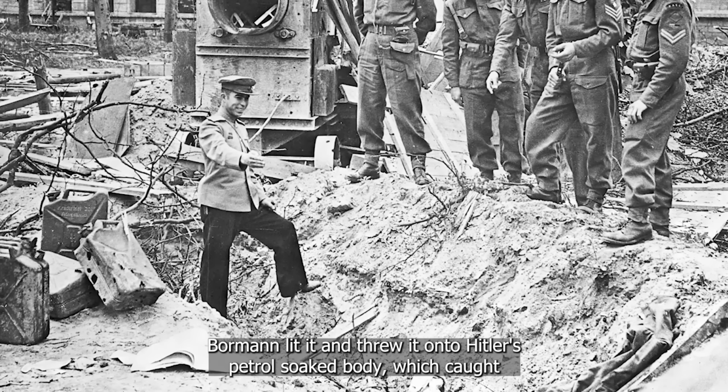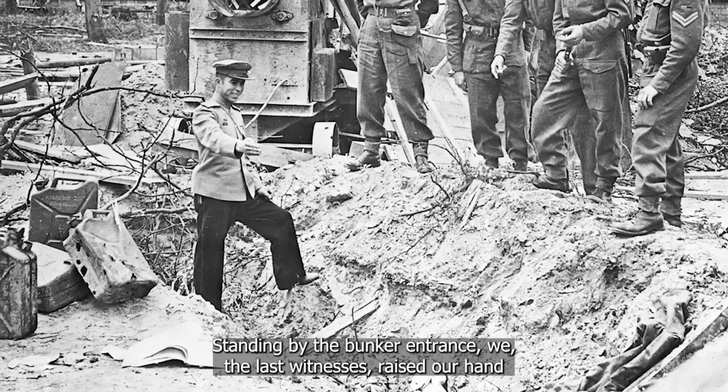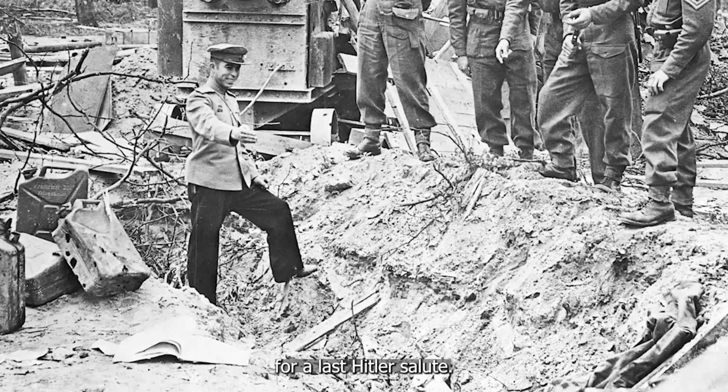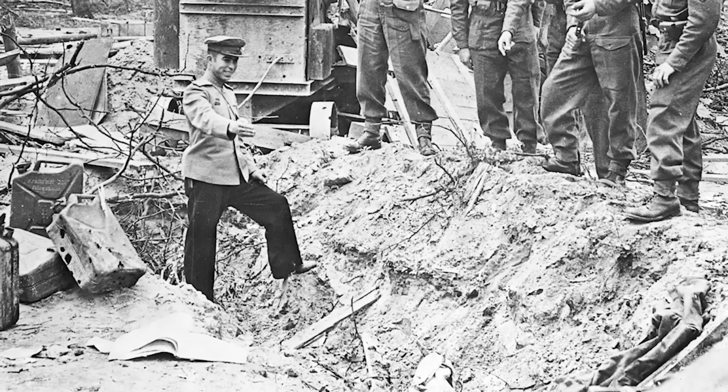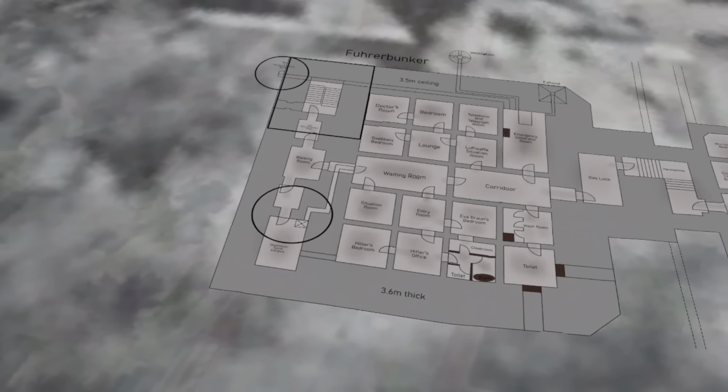Bormann lit it and threw it onto Hitler's petrol-soaked body, which caught fire immediately. Standing by the bunker entrance, we, the last witnesses, raised our hand for a last Hitler salute. So where exactly did this take place? By turning the clock forward from our map, we can reveal modern-day Berlin and very likely the exact spot where